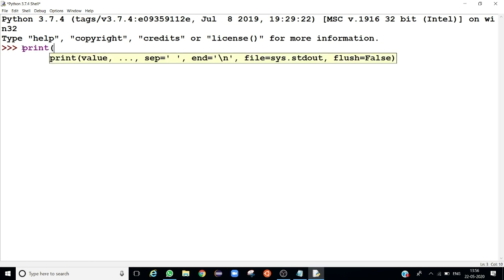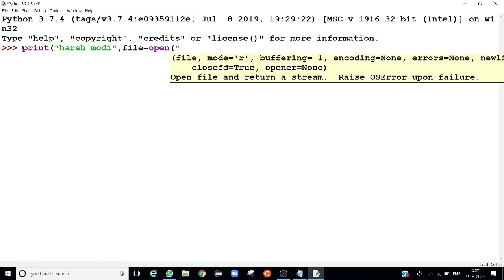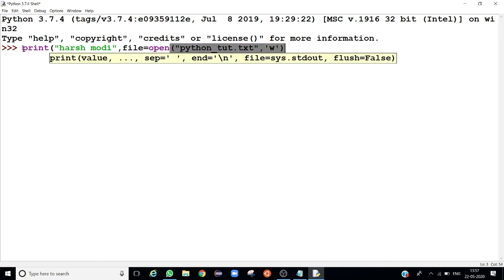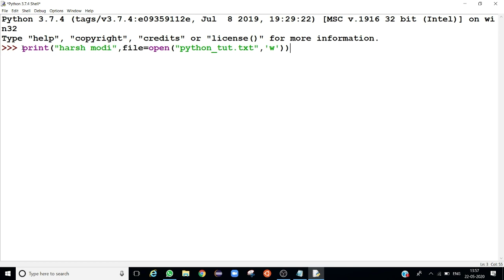Print, if we want to print hers smoothie on our file python tut.txt, we have to open that file in write mode.